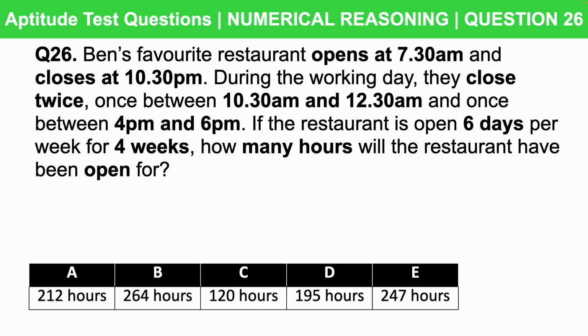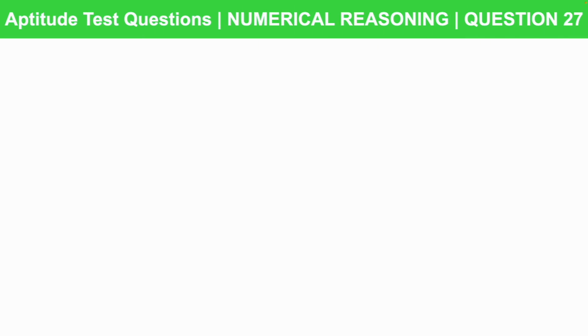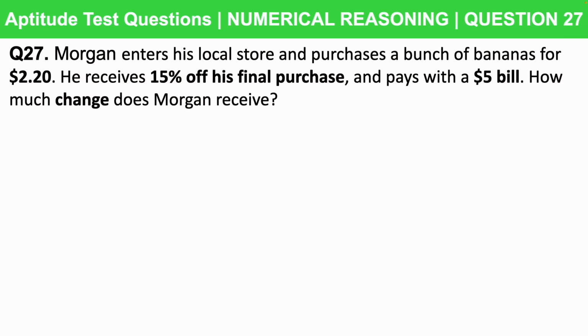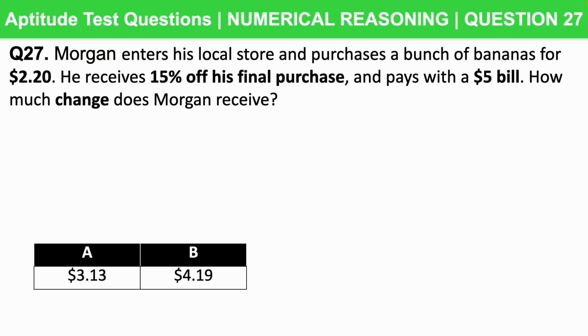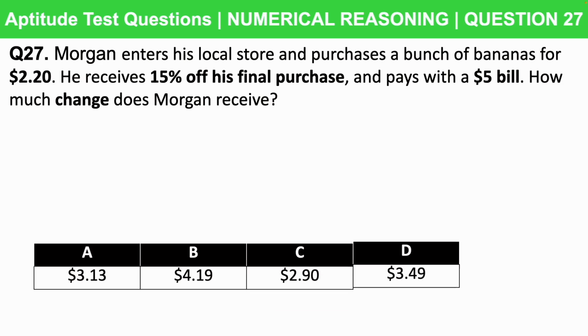Okay, let's move on to a similar numerical format style that is used in many job math tests. So this one here is Morgan enters his local store and purchases a bunch of bananas for $2.20. He receives 15% off his final purchase and pays with a $5 bill. How much change does Morgan receive? Is it A, $3.13, B, $4.19, C, $2.90, or is it D, $3.49, or is it E,